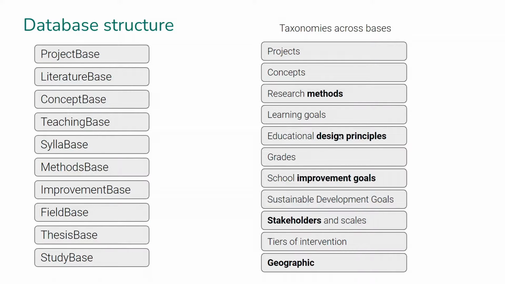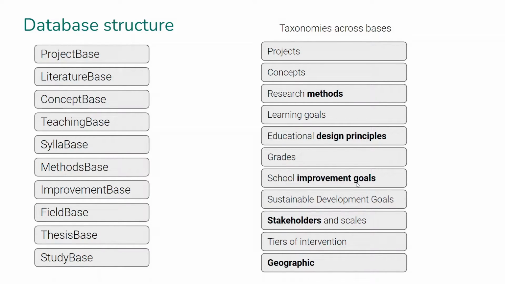Currently these include the CDPs and processes of psychological flexibility, but also other educational design principles. And these can then be used to link specific studies, something specific that has been done, to the higher level theory.